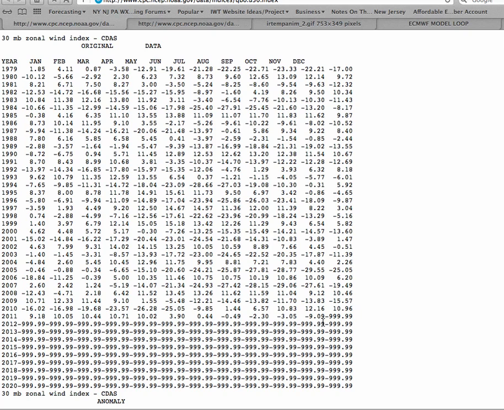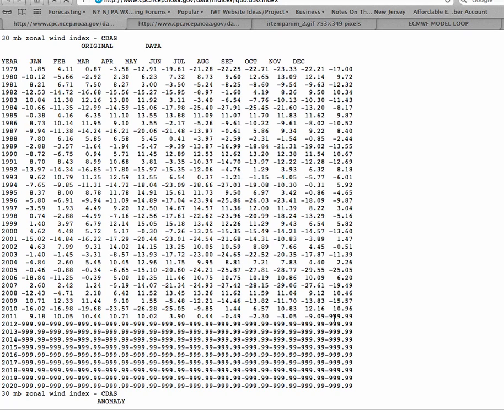Okay, so we're now in December. So if we continue this trend, we can pretty much assume that the QBO is below minus 10 at this point. And that's very important because minus 10 is the threshold in which we start to see influences in the stratosphere and influences in the higher levels of the troposphere, in other words, the 500 millibar pattern.